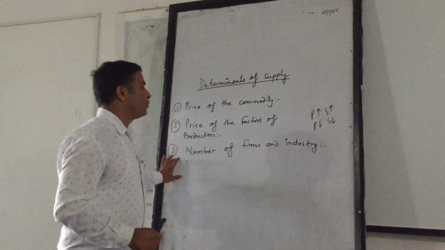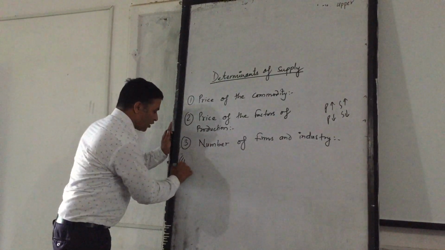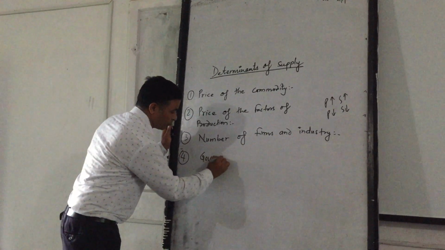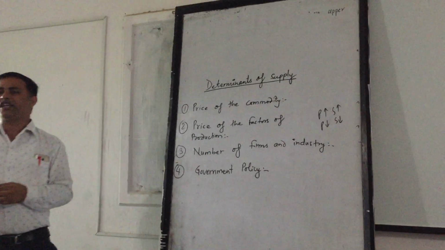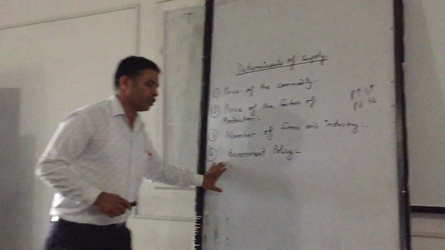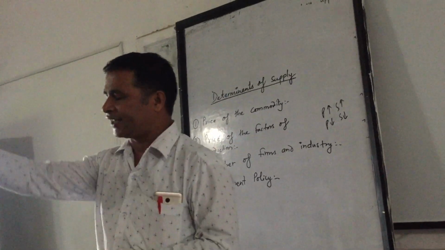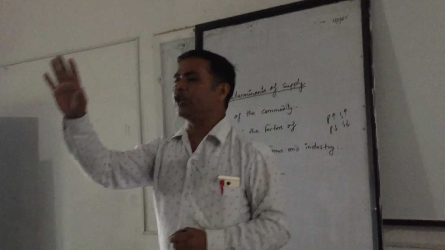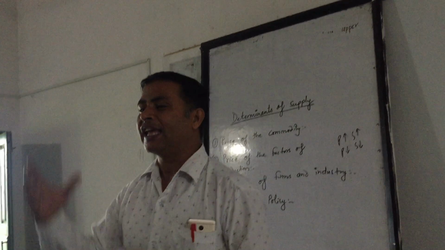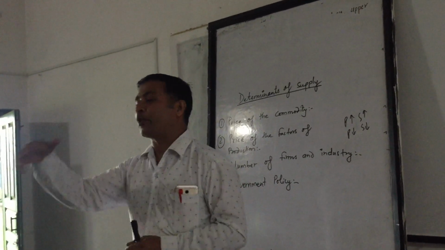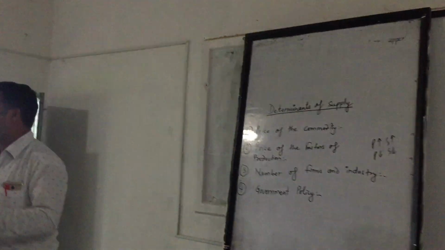So the number of firms in the industry is also a determinant of supply, and another one is government policy. Another determinant of supply is government policy. You know very well that if the government imposes less taxes on the producer, while producing goods and services they have to pay taxes to the government. If they pay less taxes, certainly they produce maximum production, whereas if they pay maximum tax to the government, at that time they are not ready to